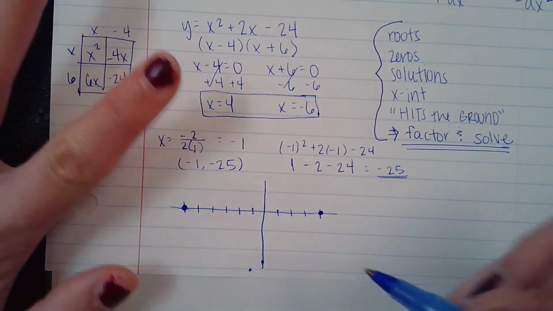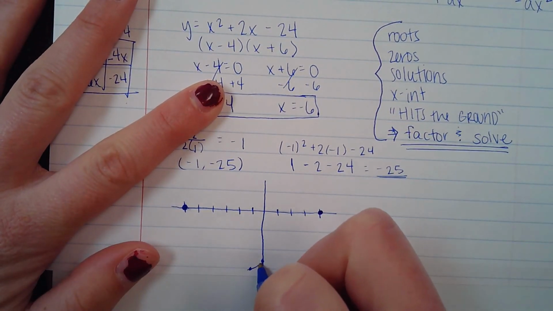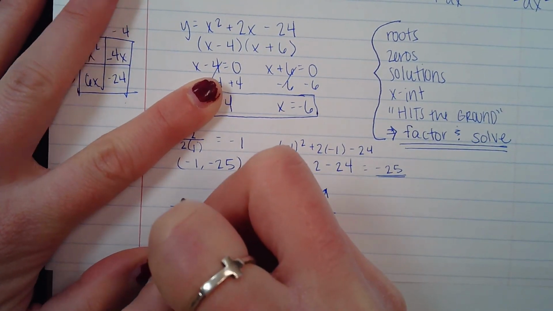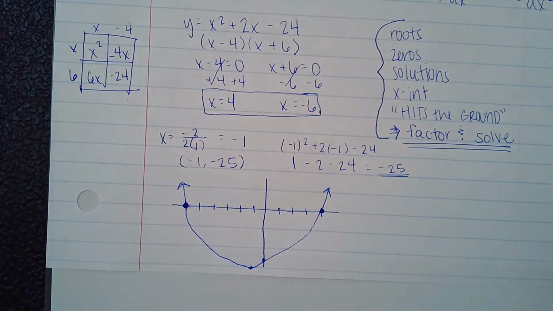And then we said it's opening up, so we can go ahead and sketch our graph from here. Again, this is a sketch, so it's not perfect. Mine's kind of ugly, but that's okay. Are we all right with that? So based on the stuff that we found here, you should be able to match your graph if you had to. Yeah? And ideally,